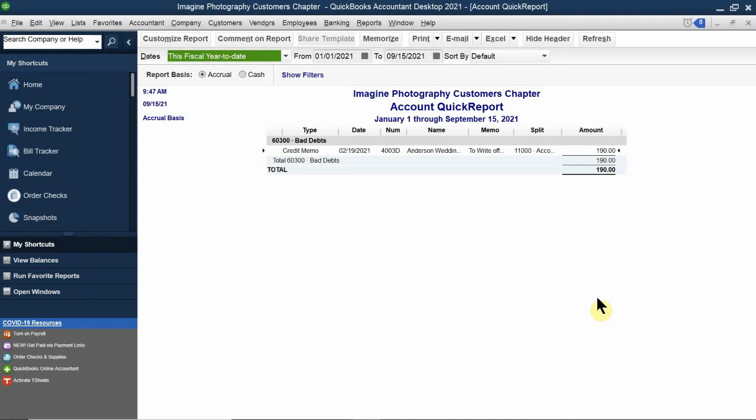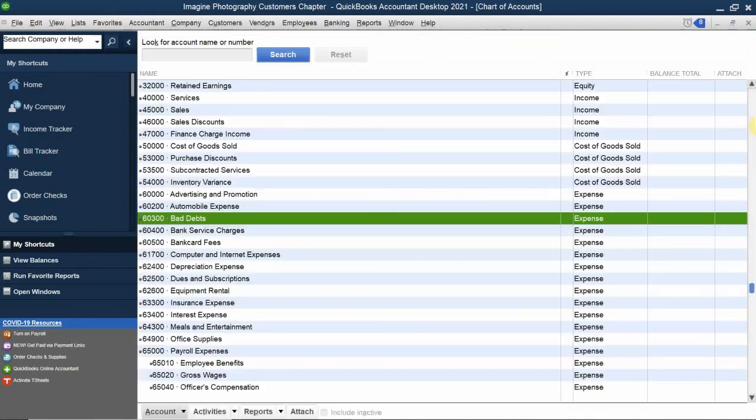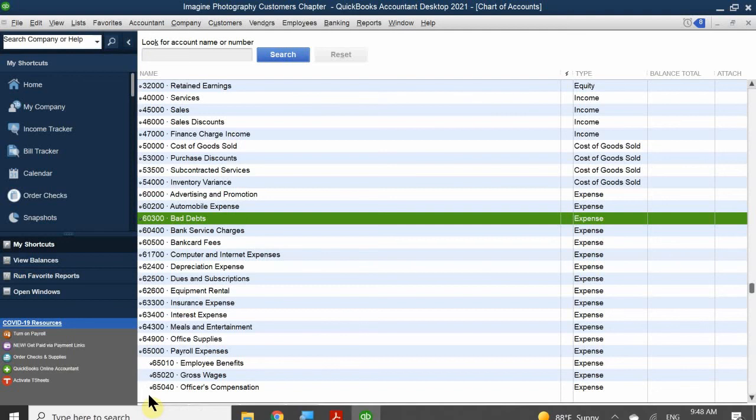So with that being said, I'm also going to show you how to do it if you are a regular accountant. The same steps are going to apply. I need to create an allowance for doubtful accounts account. I need to create an account, then I need to create the item, and then I'm able to use it to apply it to the associated bad debts. In this case, I'm already here on my chart of accounts, and I'm actually going to